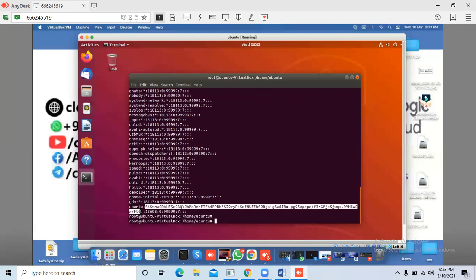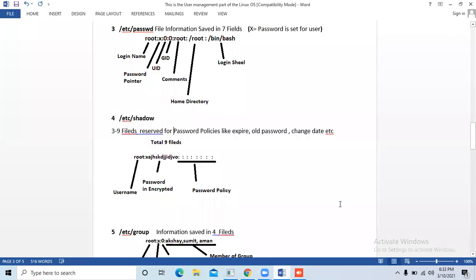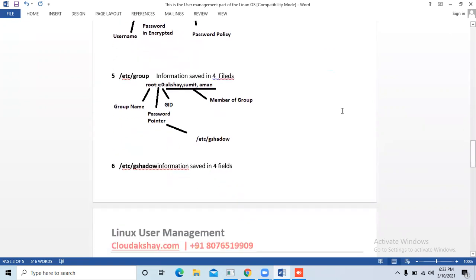And the other fields are the password policy. Password policy is like password expiry, old password, new password, change date, and other things.